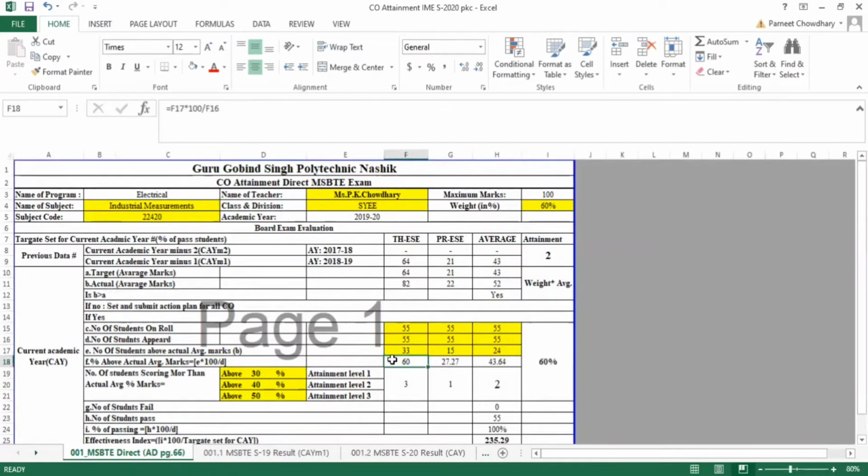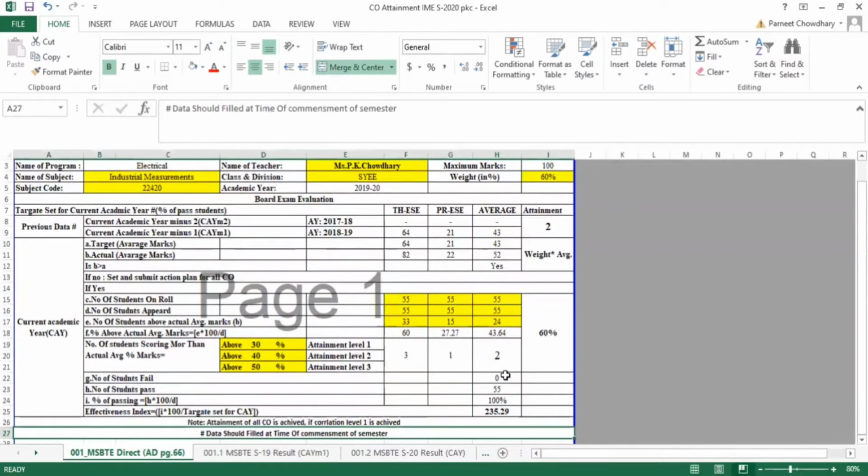After that, the percentage formula is applied. So the percentage of students will be calculated, and then the attainment level 1, 2 or 3. So here we have given a percentage rating for the attainment level depending on the difficulty level of the subject. This can be different for your subject. So as a teacher, you can decide what attainment level you will decide for how much percentage. So depending on this difficulty level, I have entered these attainment values.